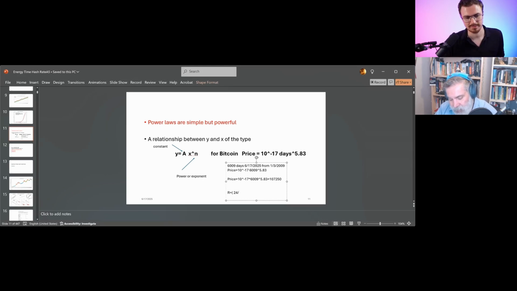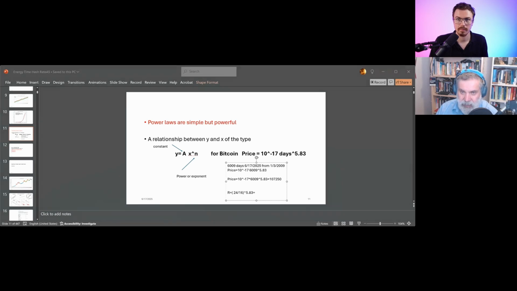Of course. Okay. And then you divide it by the current age. So you can do this at any time. Take the future date, the future age of Bitcoin, divide it by the current age, and then you take that power, 5.83. You take the same power. I use a calculator, or you can put it in the browser. So you do that ratio.